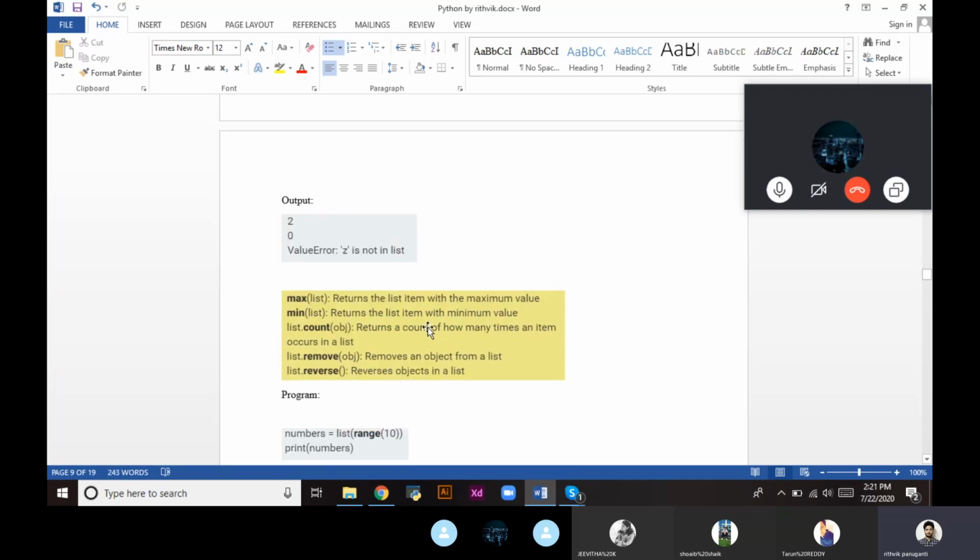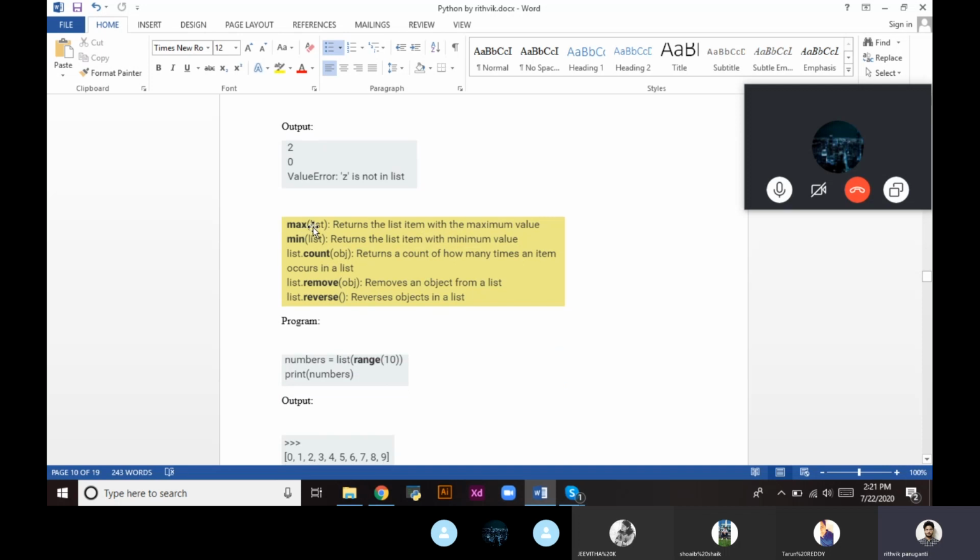And a few other functions we can go through: max of the list, which returns the maximum value, and min of the list, which finds the minimum value. Whereas in the C program, we need to make a for loop, we need to know the length of the list, so called the array, and run a loop from the starting index element to the last index element, and at each step we need to compare using an if statement. Then we need to print the largest element or the smallest element. But in Python we have a direct max function.